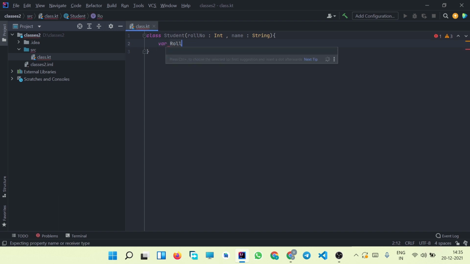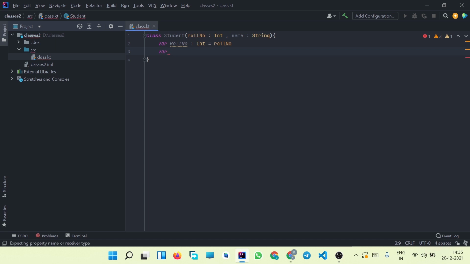First will be roll number, and it will have the value which is going to be passed at the time of the declaration of the instance, which will be copied in this roll number, and we'll simply store this roll number in the attribute.